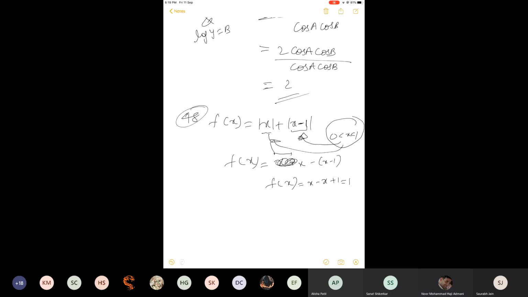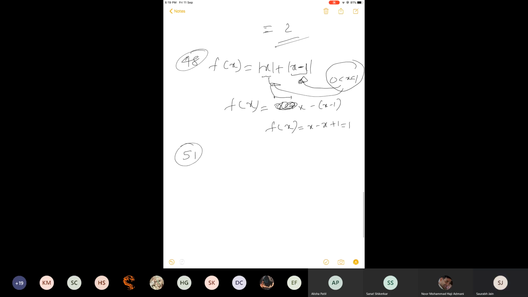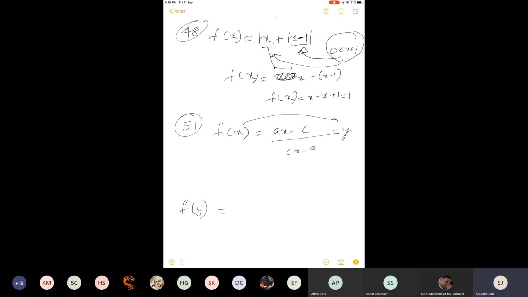So 51. Question number 51. f(x) is (ax minus c) upon (cx minus a). And also f(x) is y only, and they have given that f(x) is y, but we already know this. Based on this, you have to find the value of f(y). Okay. First of all, what is the meaning of f(y)? Meaning of f(y) is that